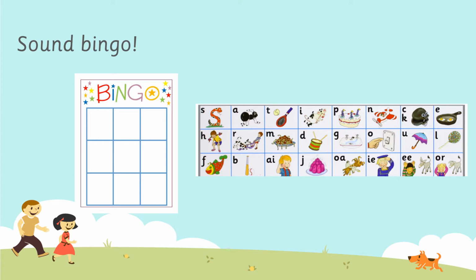Okay, so I'm going to go through the sounds. When you have got all of your 9 crossed off, you've got bingo, so you can shout bingo. Okay, I will keep going until I've said all of the sounds so that we know that everybody will eventually get bingo, but the first person to get bingo is the winner. You can play it on your own in your house, or you can play it with somebody else. So here goes. First sound, S,